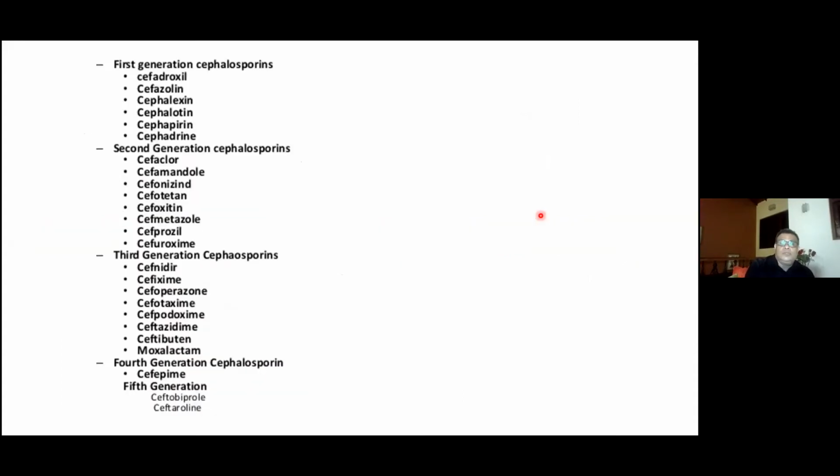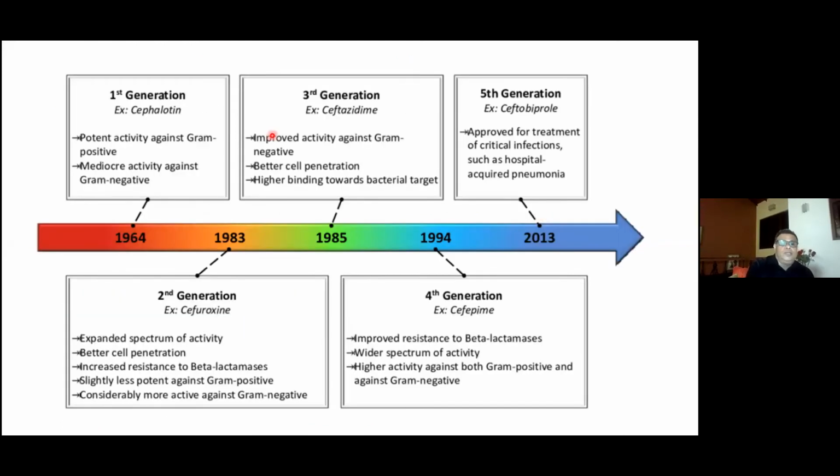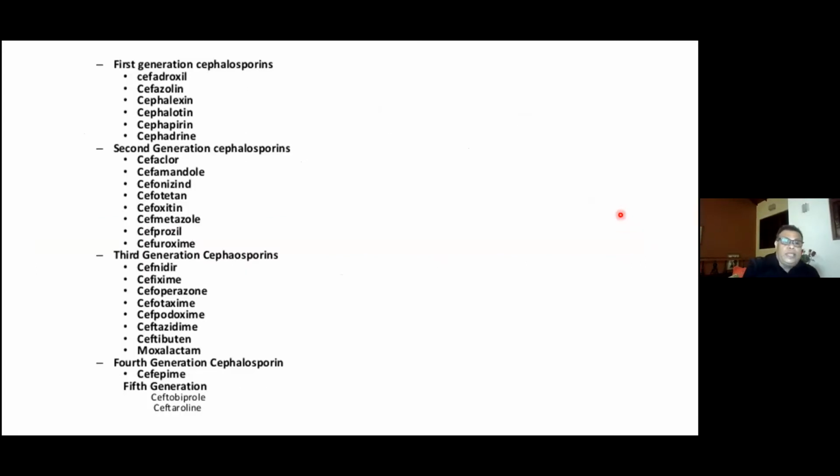In this slide, you can see the first generations are more effective against the gram-positives. As generations progress, they are less effective against gram-positives, but more effective against gram-negative organisms. I have grouped several generations of cephalosporin here: first generation, second generation, third generation. There are so many names, difficult to remember, but anybody can always refer to the DNF or any drug formulary book to find out which preparation belongs to what generation of cephalosporin.